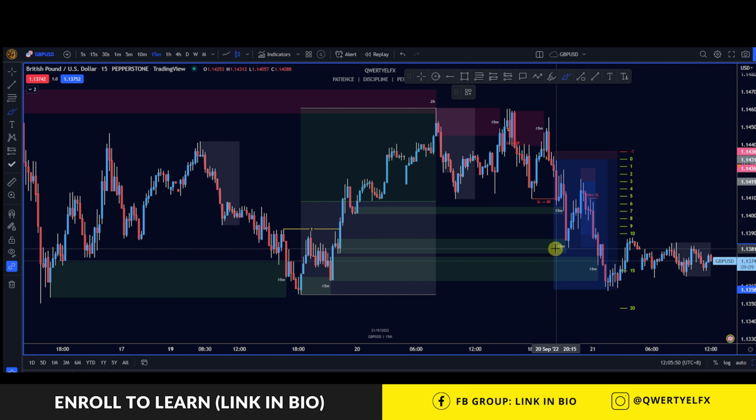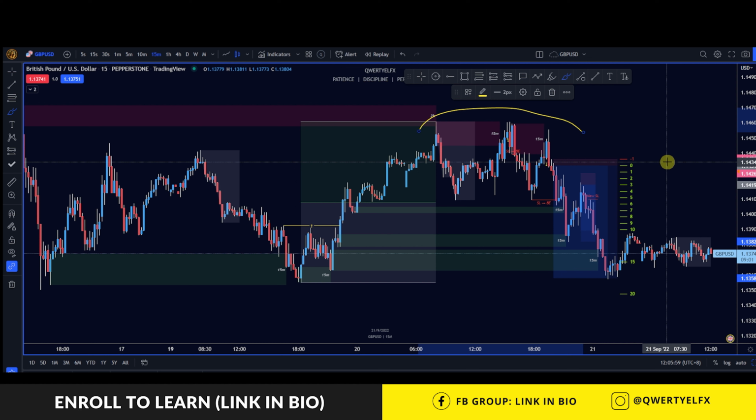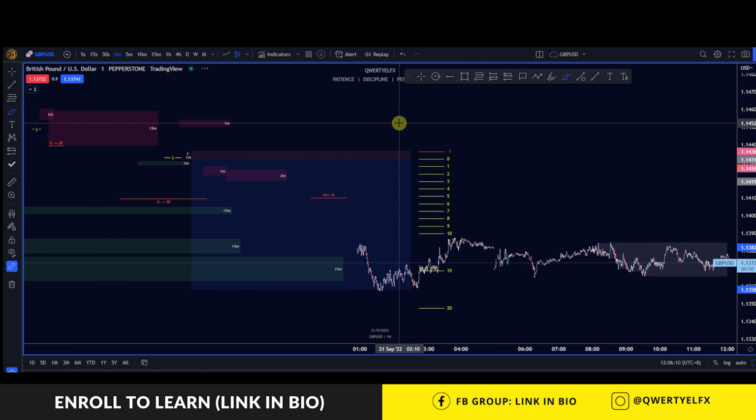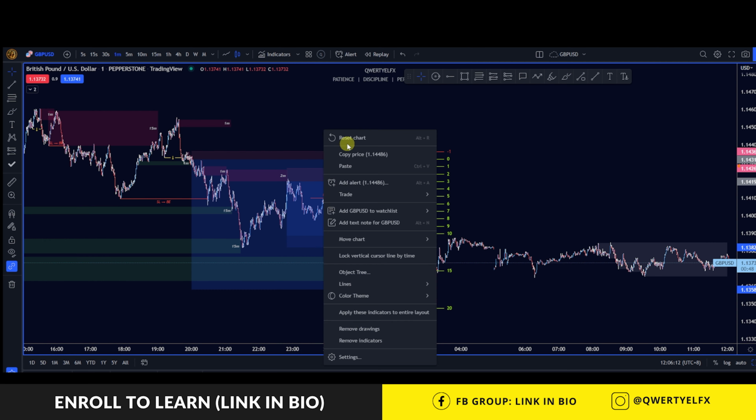Potentially I was looking for longs to continue on the bullish trend. However, when I saw that price actually failed to clear all these highs above here, it seems to me that we are still heavily bearish in line with the higher time frame, so I just continued to short it following the bearish order flow. So if we go back down to the 1 minute, I noticed in the New York session,